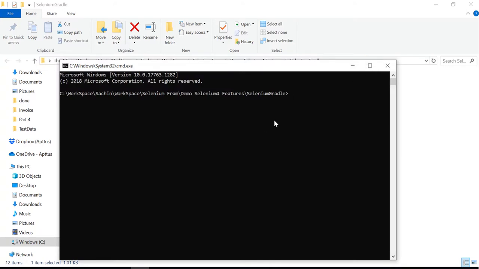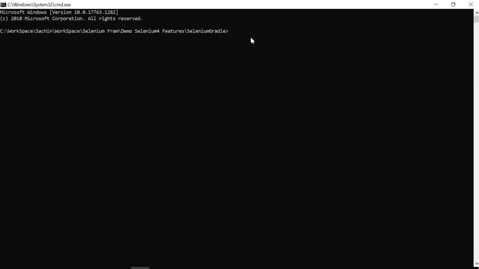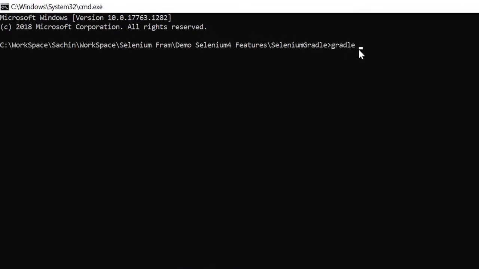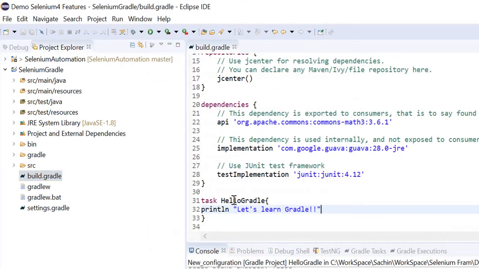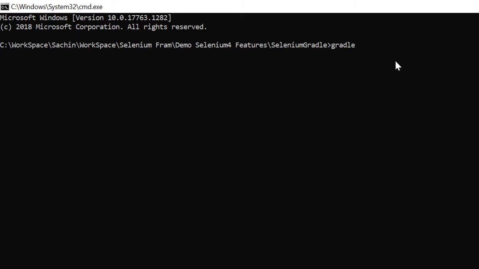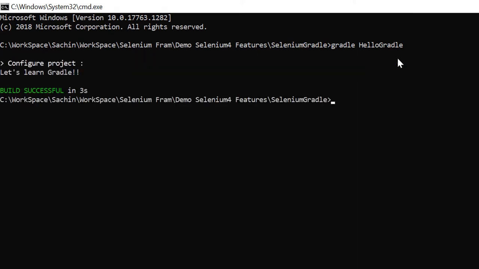In this command prompt, let me type gradle and the task name. The task name was hello Gradle. Let me press enter, and the task executed. We can see it printed let's learn Gradle.